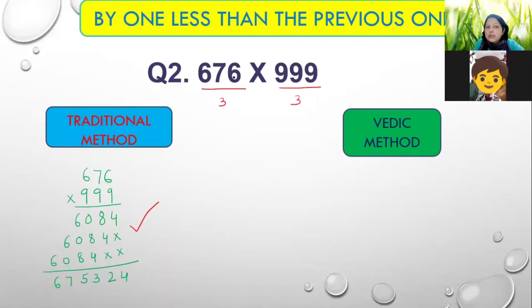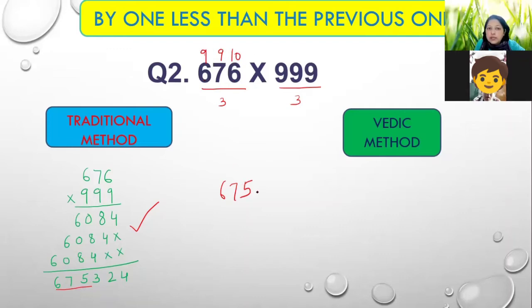So that means 676, you have to take its previous number. What will be the previous number? Yes, very good. 675. See now, the first 3 digits of this answer are the same. Now the last 3 digits we have to do. See, I'm writing something above 676. 9, 9, 10. So we just have to subtract this 676 from 9, 9, 10.